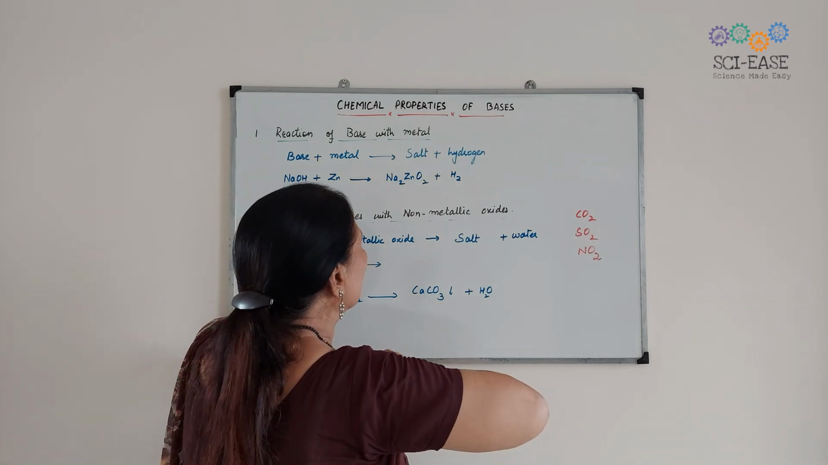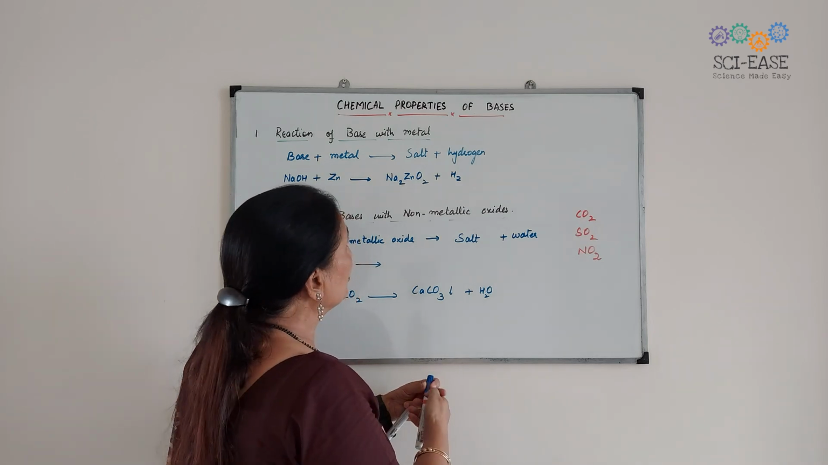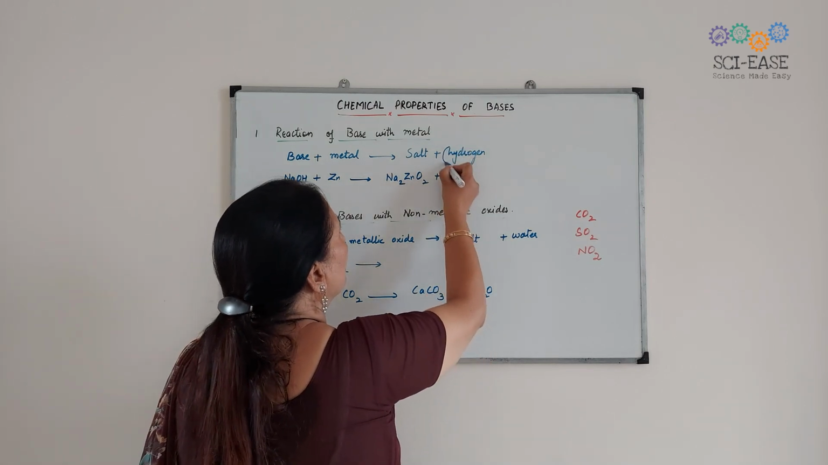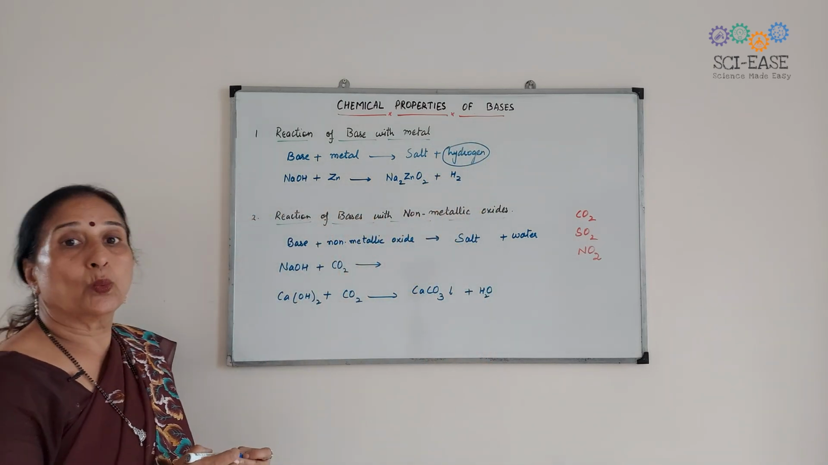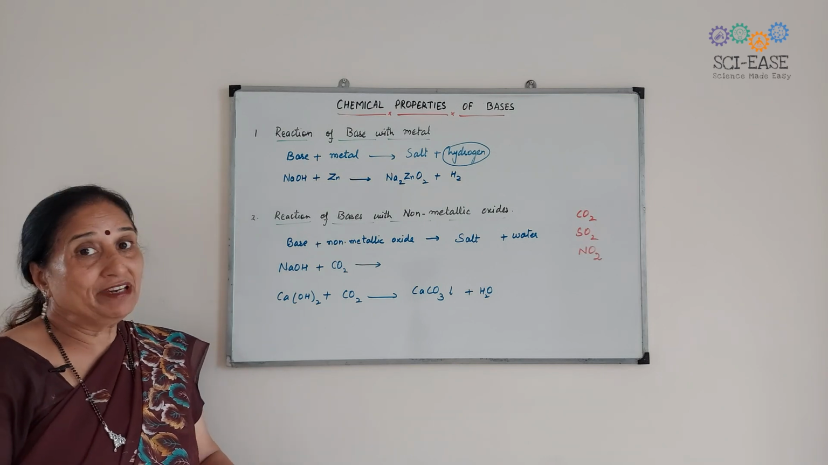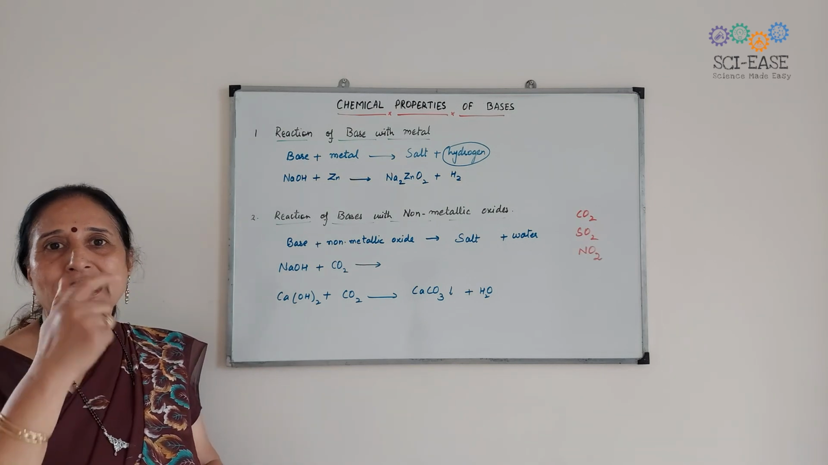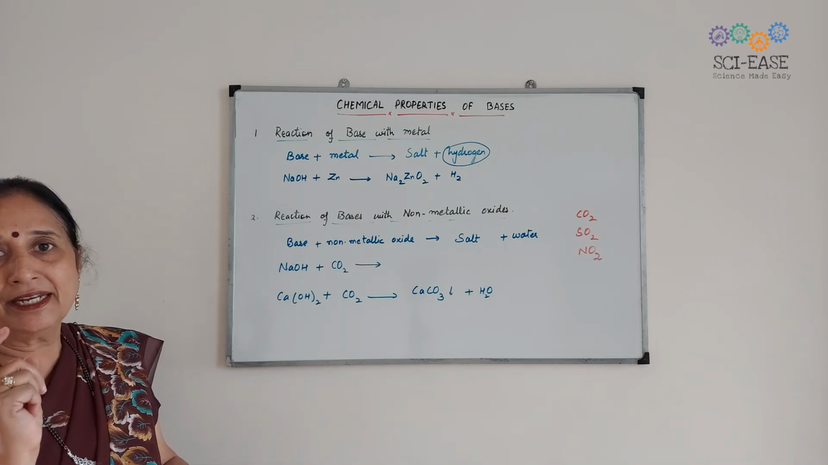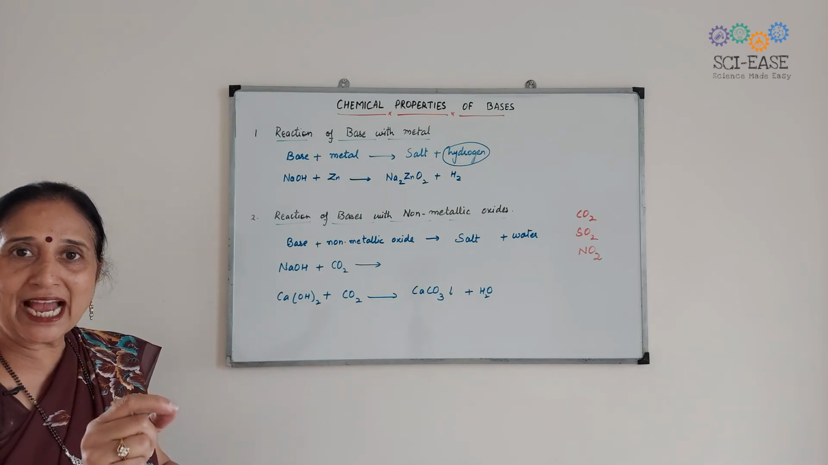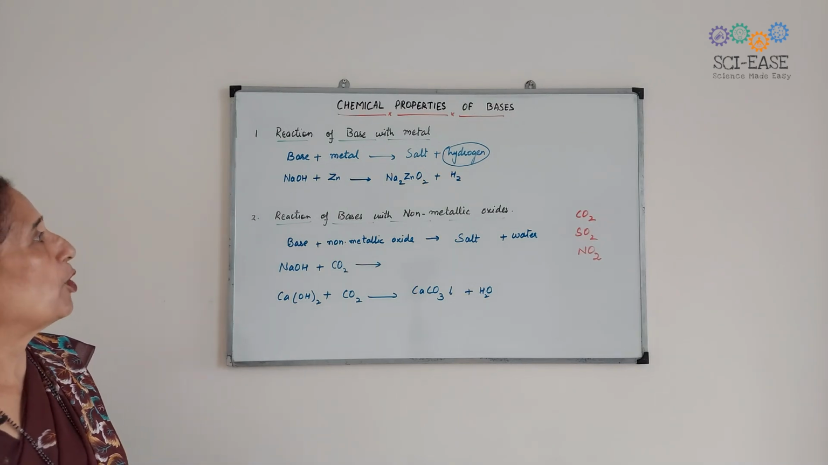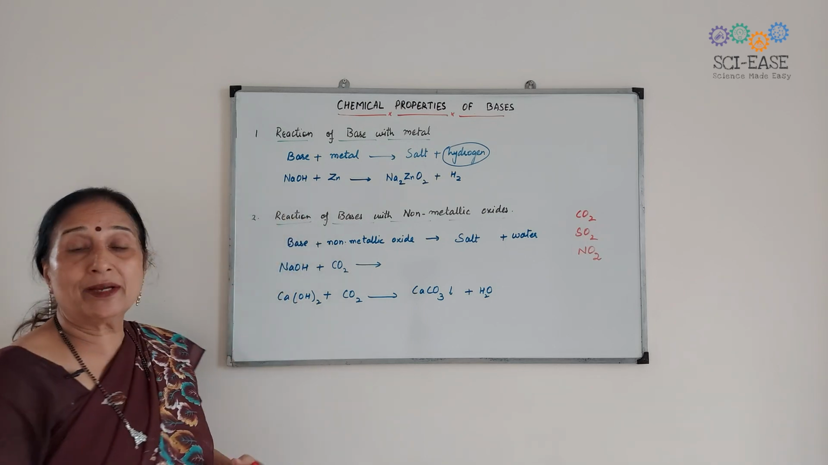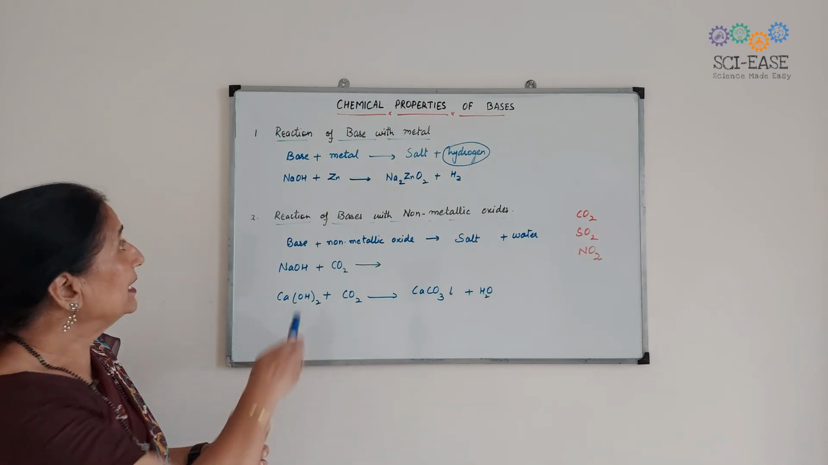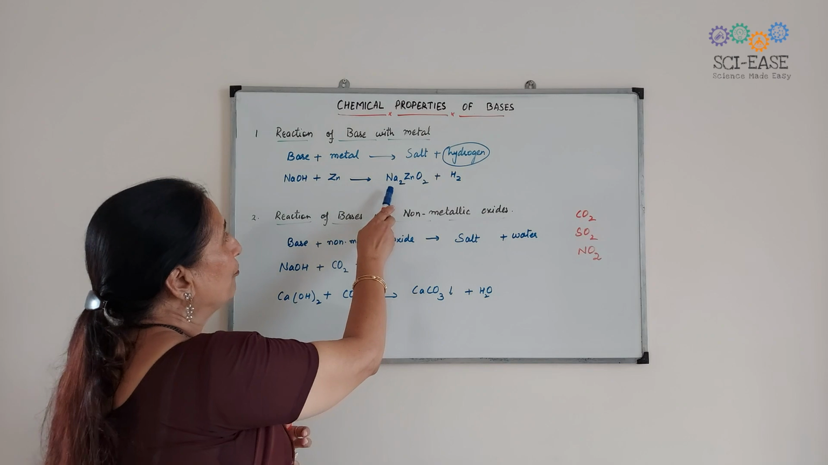Hydrogen gas is evolved when there is reaction of acid with the metals. And we test the gas by bringing a burning splinter or candle near the hydrogen gas. It will burn with a pop. Okay. So here, base is sodium hydroxide. It is zinc forming